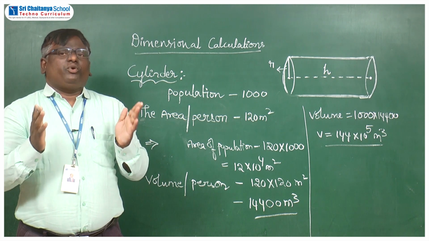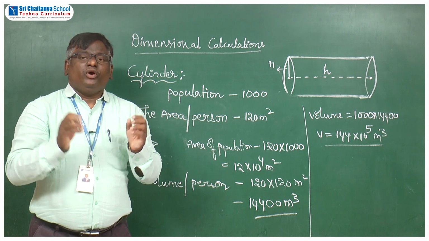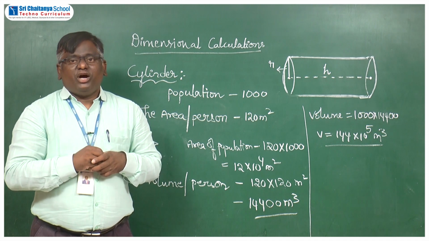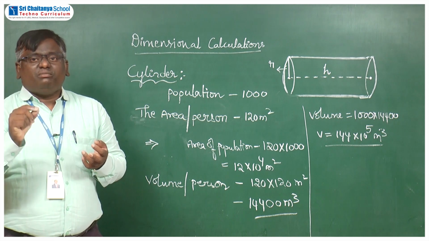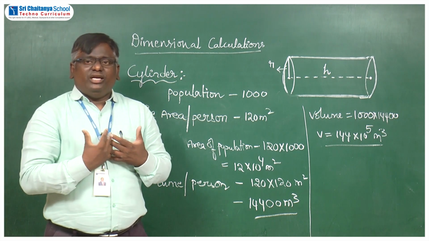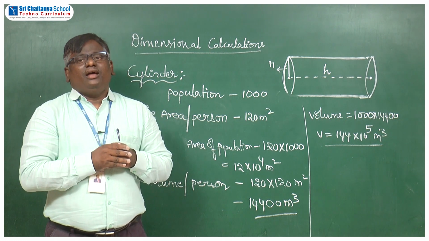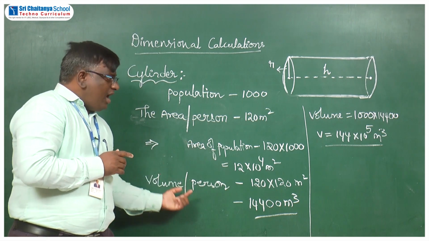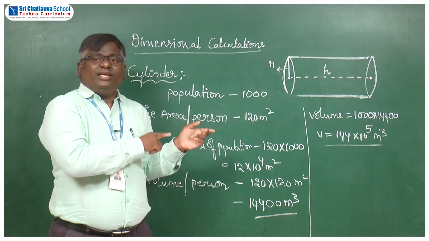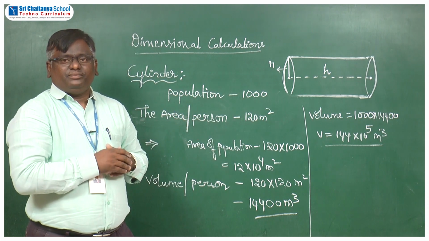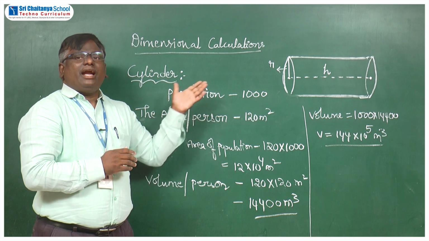So, whatever the shape you take, you couldn't consider the total percent of the area or volume to be occupied by the people, because if you do like that, the expansion of the human civilization inside the space colony will become a question mark. So my dear children, we will consider only the 30 or 40% of area. Now the area I calculated, the volume I calculated, these are the 40% values only. Now I have to increase them to 100%. Okay? Now tell me how we will increase this to 100%.